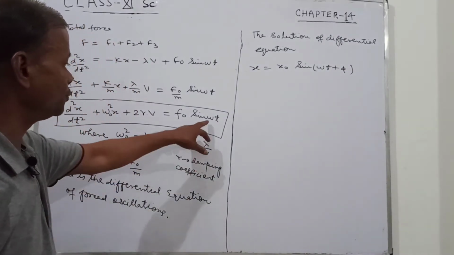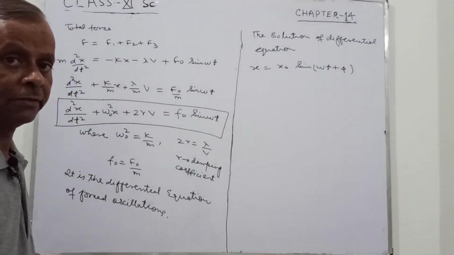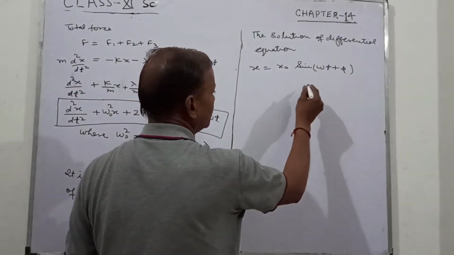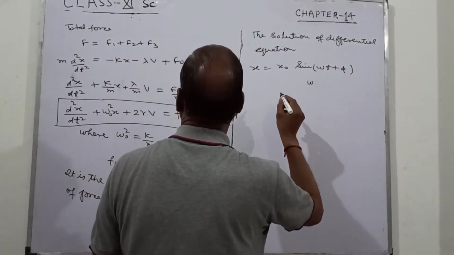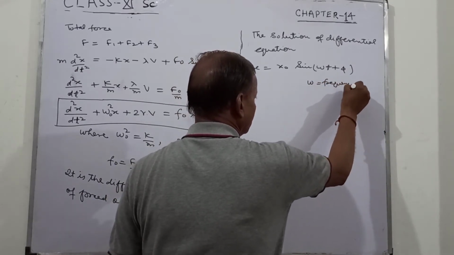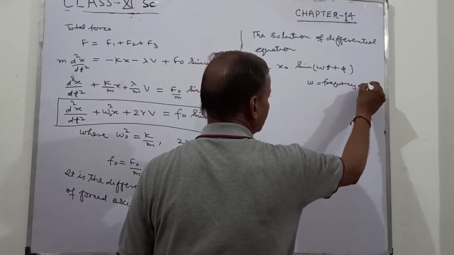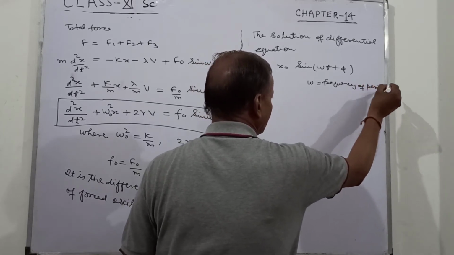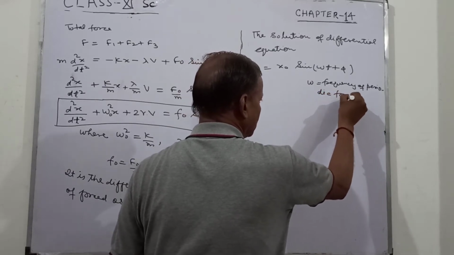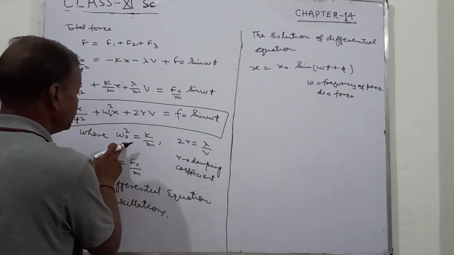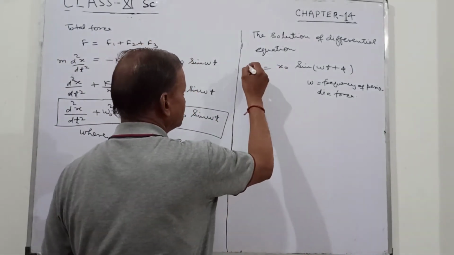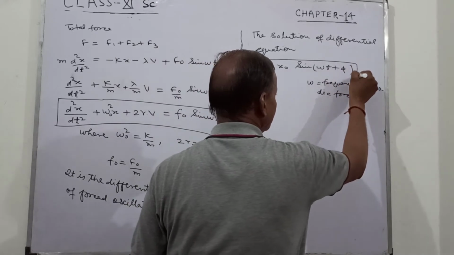Now you can see that omega is the frequency of the periodic force, and omega naught is the natural frequency, and x naught is the solution of this equation,